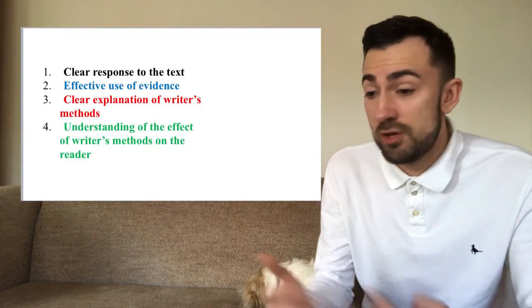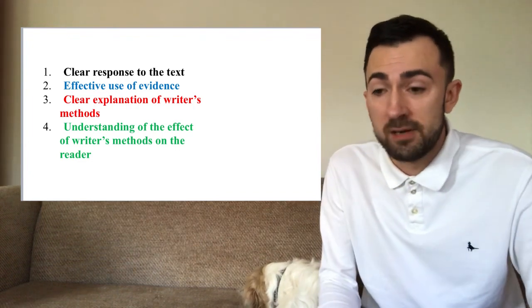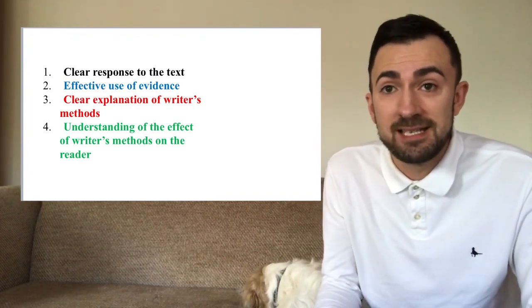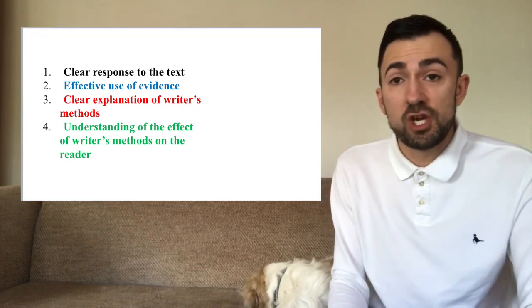And let's have a look at the mark scheme as well to make sure we know what things need to be in those paragraphs. So there are 4 things you're being marked on. Number 1, a clear response to the text. In other words, you've understood the poem and you can make some good points about it. Number 2, effective use of